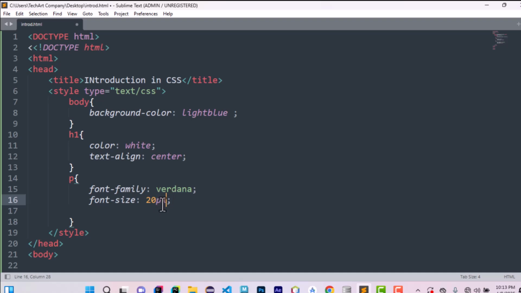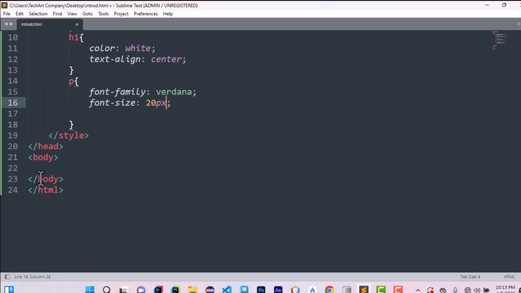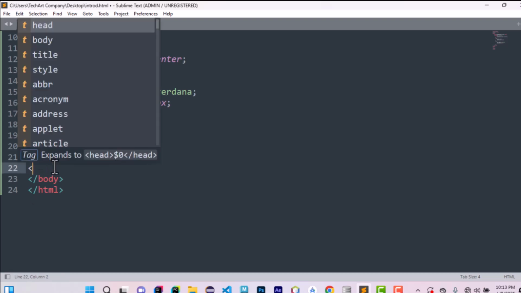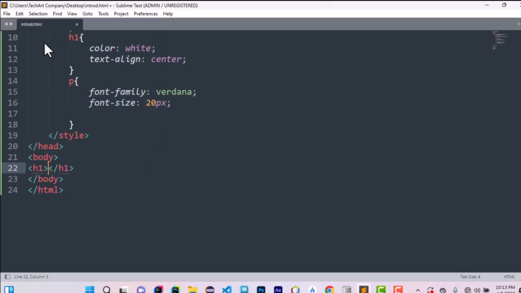So I will come in the body now. Here in the body, we have the body, right? Yeah, this is the head. So we have the body here. We have defined the body. The body is here. So in this body is where I want my elements to be. So we had H1. This one over here. And the H1 we had